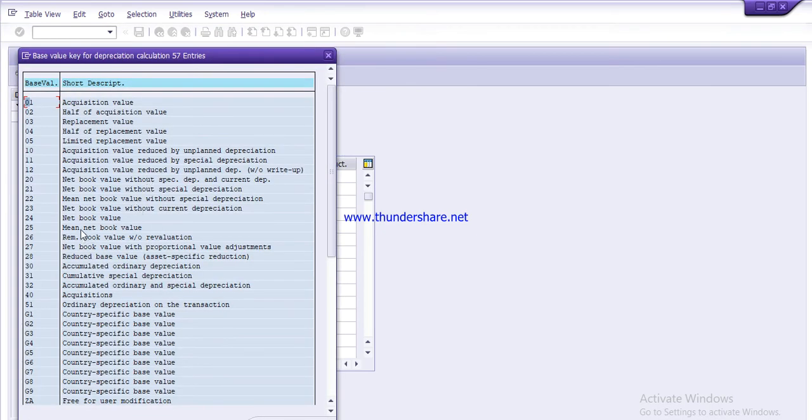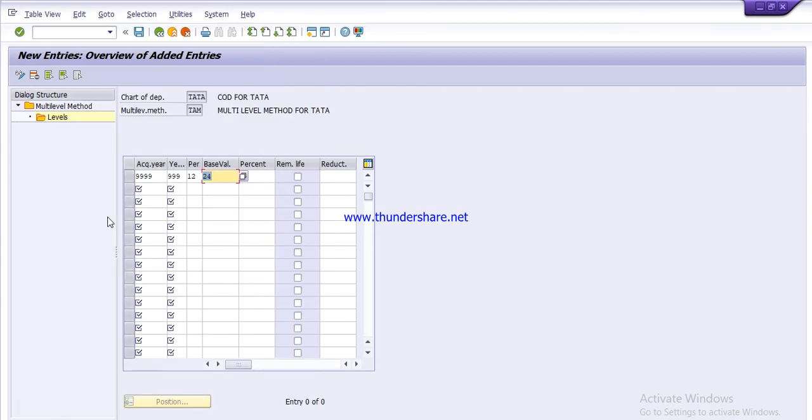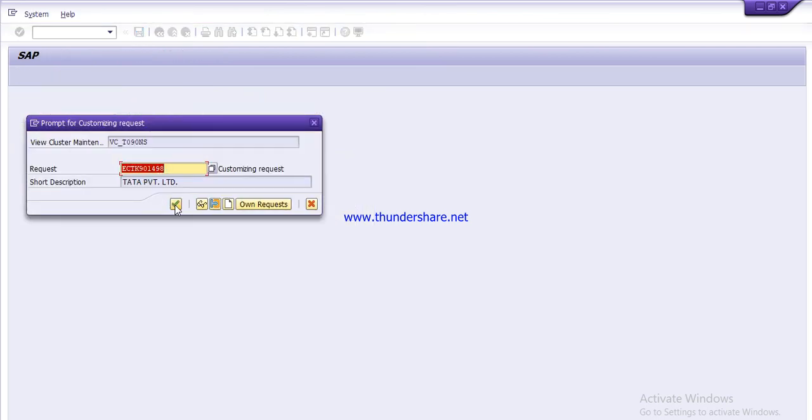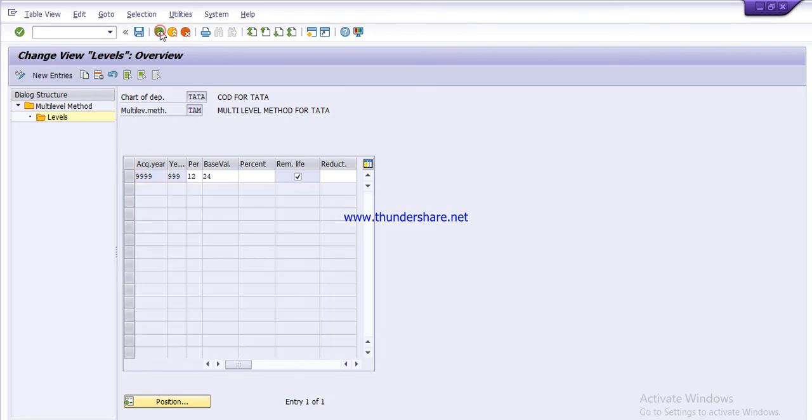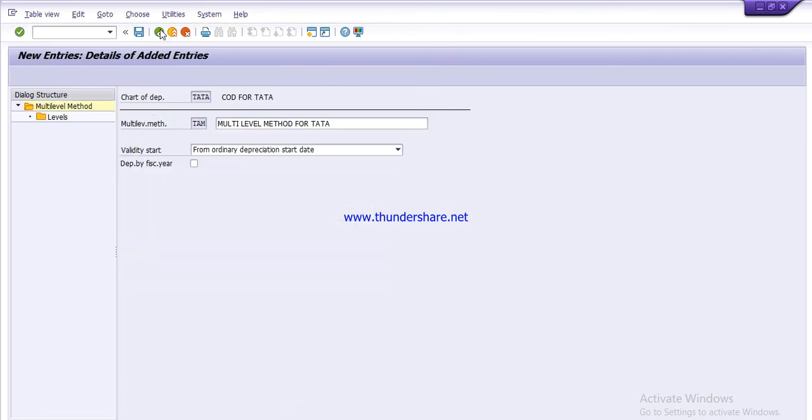Here we will select this net book value, 24, as we will calculate on net book value. As you know, we are not using any percent rate for calculating depreciation. We will tick this remaining useful life, then save. Continue. Data was saved. Get back.